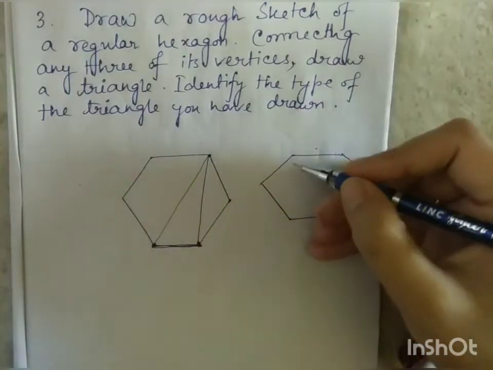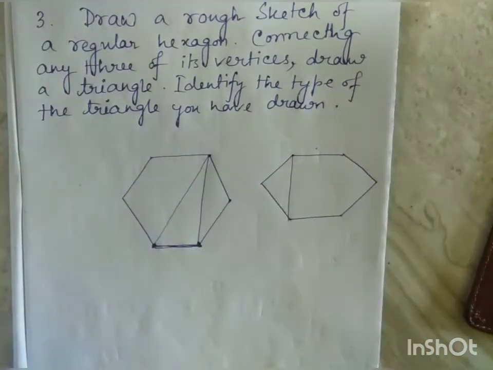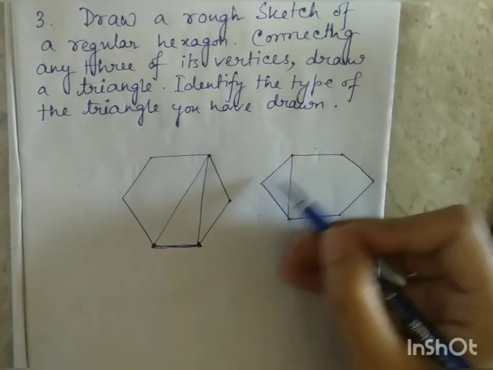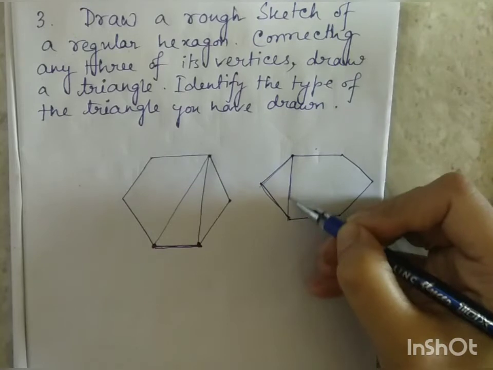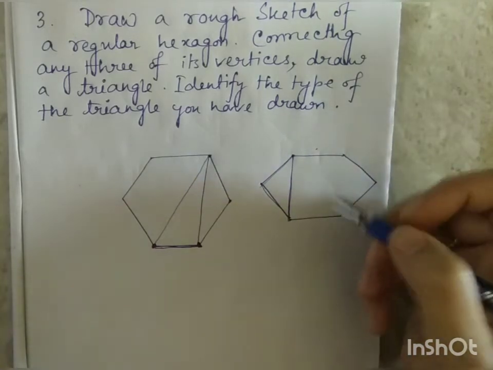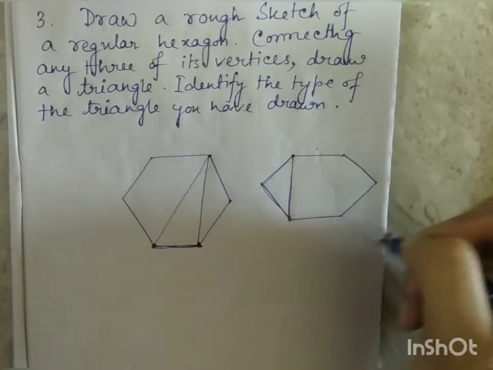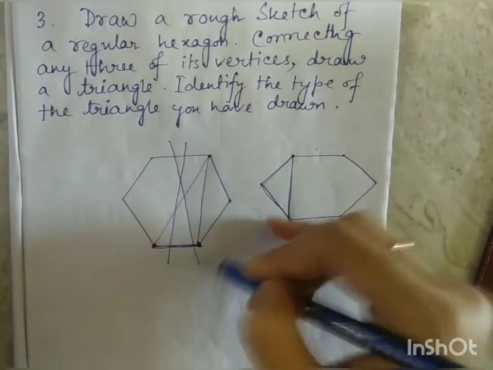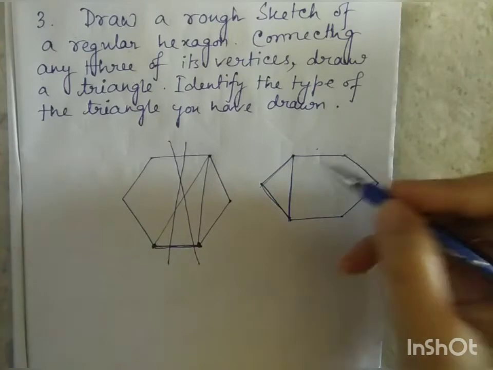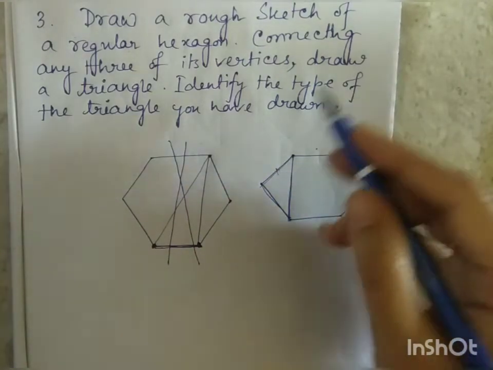Or you can also draw a hexagon in this way. Okay, and you can also join the 3 vertices of it in this way. First one, second one and third one. Okay, if you do it, it will be better. Okay, so in this case you can see for being a regular hexagon all of its sides are equal in length. Okay, don't do this one. I'm telling, don't do this one.